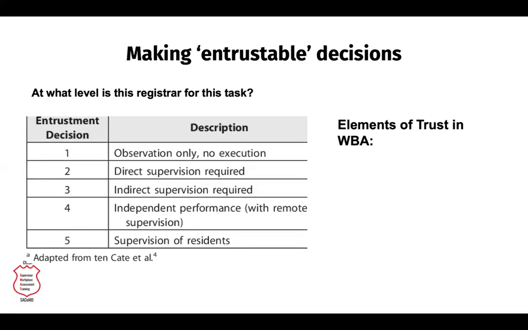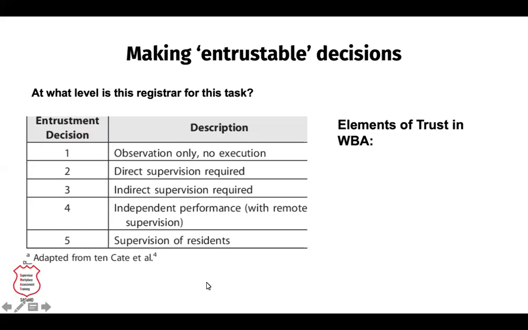Where we often want to get to is level 4, where we're now happy that they can independently perform. And with remote supervision, we actually mean a little bit like most doctors operate. Even if you're a qualified specialist, you will still have a scenario where you're seeing a patient and think, well, actually I'm not sure how to manage this, and I'm going to contact a colleague for advice. So you're not the top expert in your field, but you are able to run a practice independently. So in family physician training, for our 22 EPAs, we want all of our registrars to be able to get to this level 4 in all of the EPAs before they go and write their final Part 2 exam.